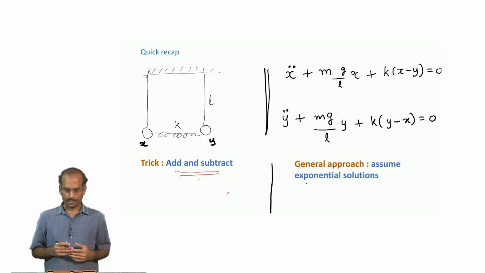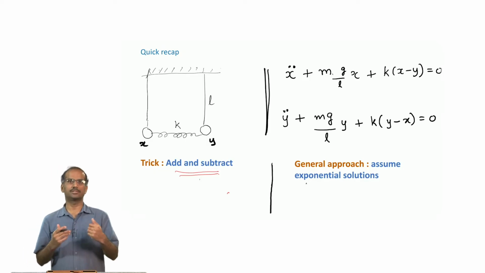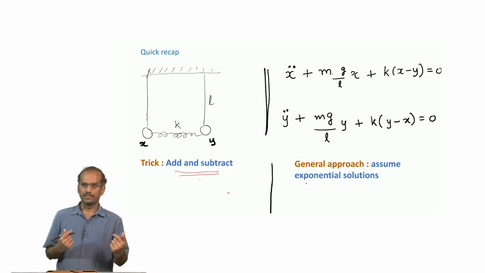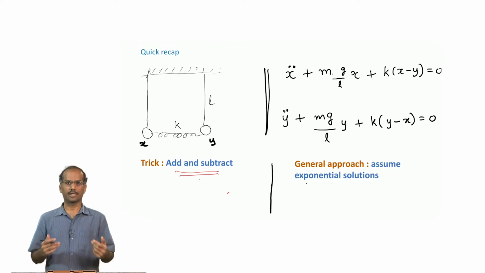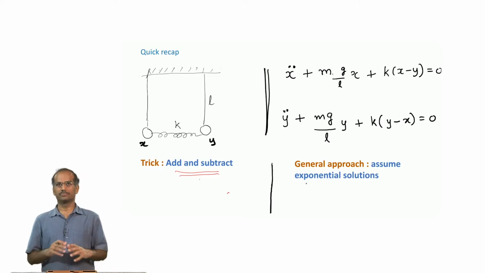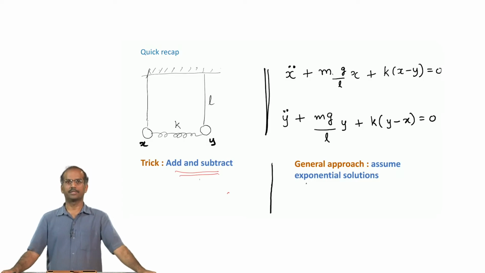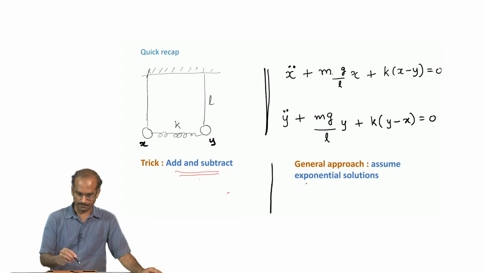The important point is that we added and subtracted, and this is not the way in general coupled problems can be done. Suppose we have three different pendula connected like this, then we won't be able to do this trick of adding and subtracting equations. There would be many other problems where the simple trick of adding and subtracting the equations won't work. So, the general approach was